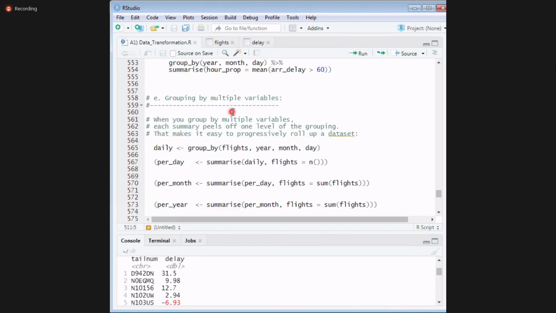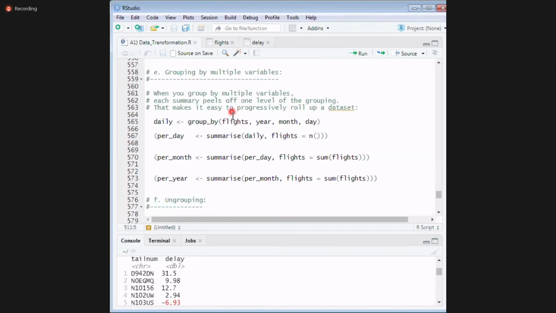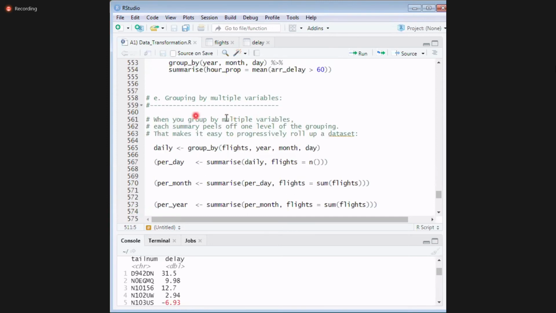This is something else: how to group by multiple values. I want to group by multiple values. Observe carefully. First, I'm grouping the data based on day, that is nothing but daily.